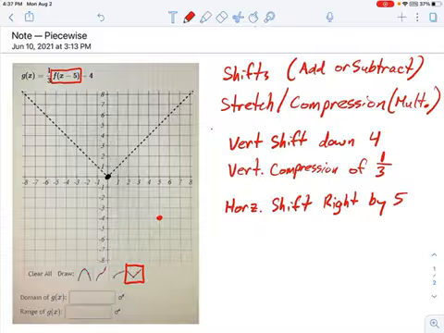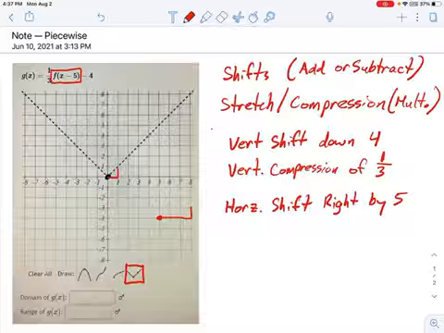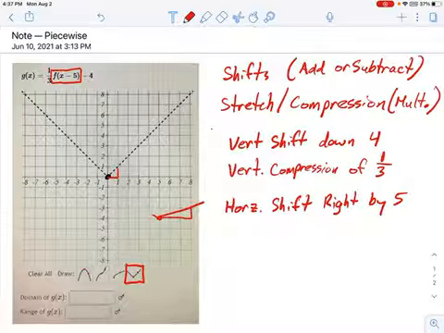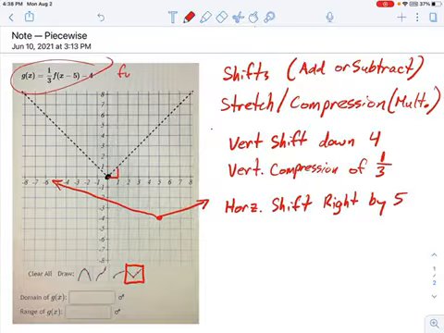And it's a vertical compression of 1/3. So if you think about what's going on here, see how this goes over 1, up 1? We're not going to be going over 1, up 1. We're going to be going over 3, up 1. So we're going to be going like this. Okay, that's going to have a slope that is 1/3 of the value of the original. So when we draw this, it's going to look like, I hope I can do this, something like this. Okay, there we go, that looks pretty good. All right, and that is how you graph a function based on this notation right here. We call this function notation up at the top.